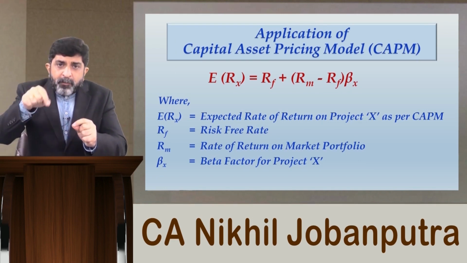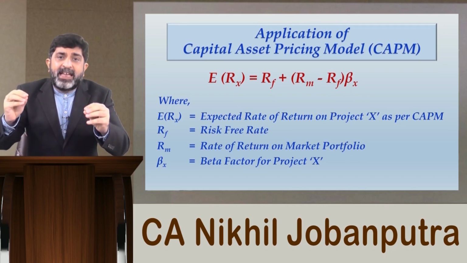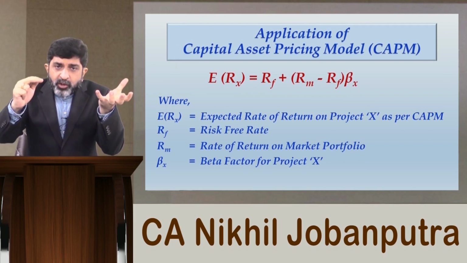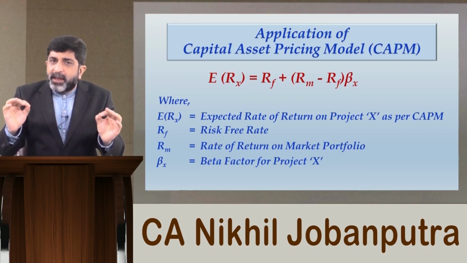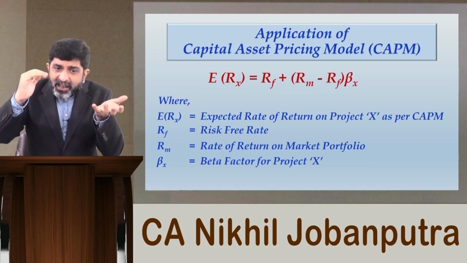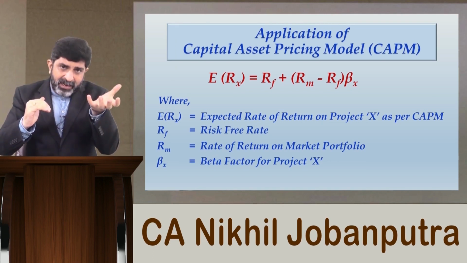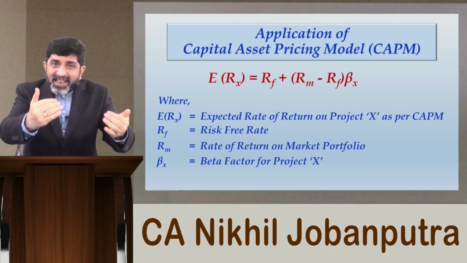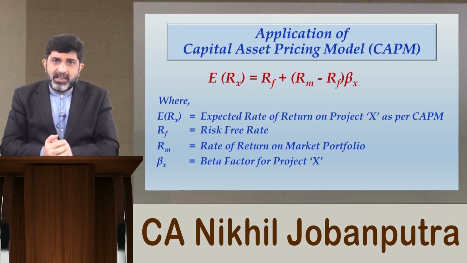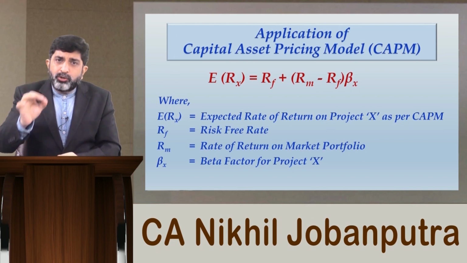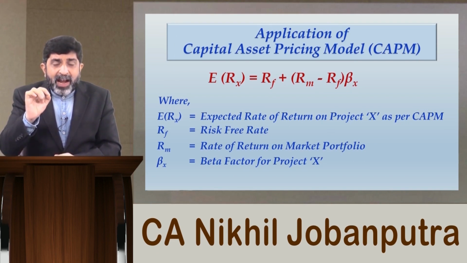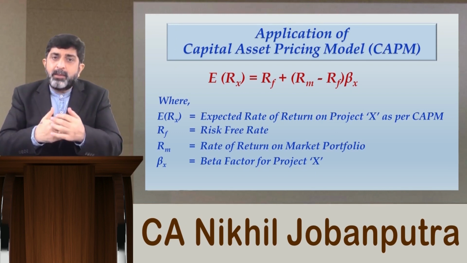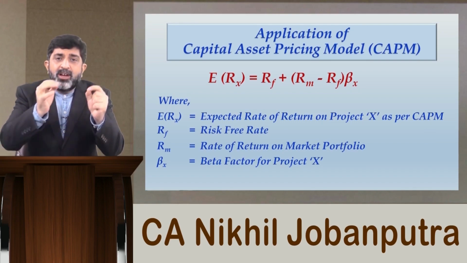If I say beta of project X is 0.9, so market beta, the base beta, is always 1. If I say beta of project X is 0.9, indication is very clear that the degree of risk of project X is lower than that of market risk. In that case, I would say the risk of project X is 10% lower than the risk prevailing in the market. So let us do one thing. Let us also write the meaning of beta, and then we take a calculative example to understand the application, and then we move to the full-fledged questions on RADR technique.